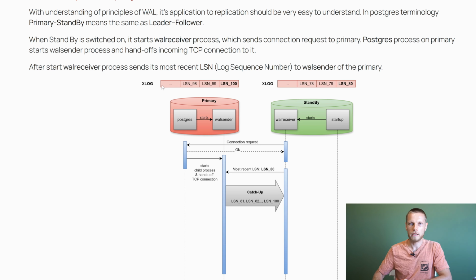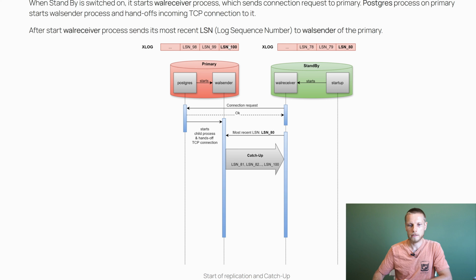And we see that initially the leader's last LSN is 100 and the follower has LSN only 80. It means that it's behind by 20 XLog records. When standby starts, it has two processes, WAL receiver and startup. And startup understands that Postgres is in standby mode, and it starts the WAL receiver process, which sends a connection request